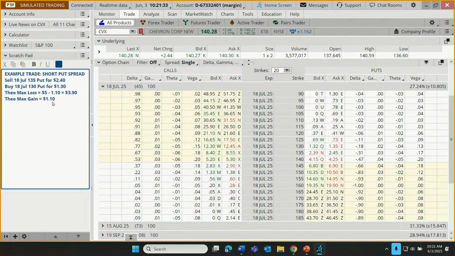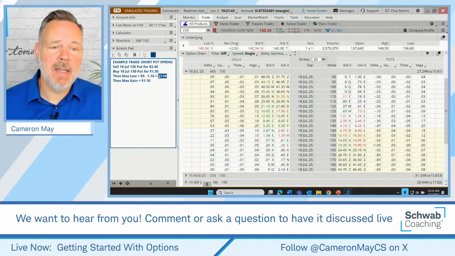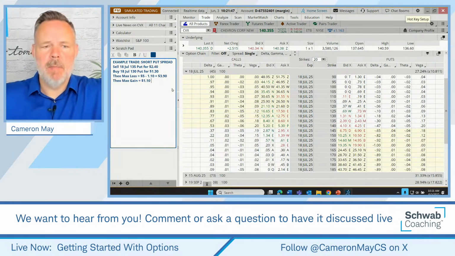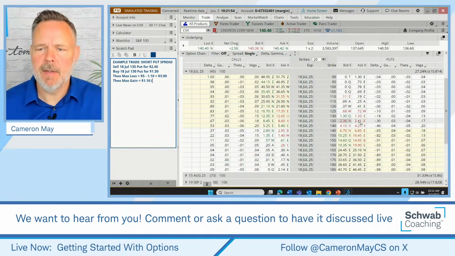Why in the world would anybody take such a trade? Well, because it's actually quite probable that we're going to be making that dollar. It's less likely they're going to be losing the basically $4 here. There's a probability displayed right here on our chart, right here on our option chain. If we look at that 135 put, it has a delta of 30. That tells us there's a 30% chance that this contract is in the money.